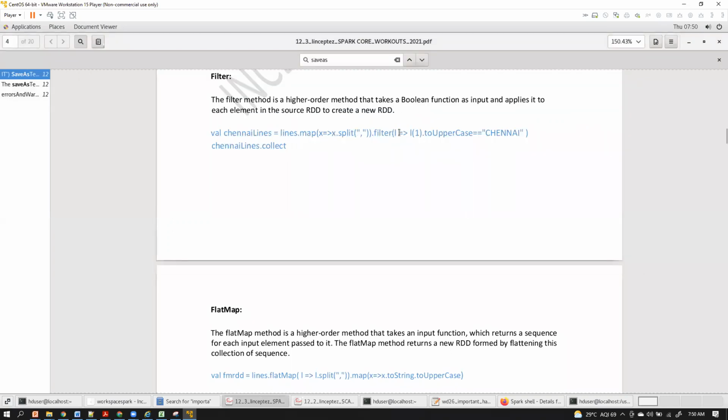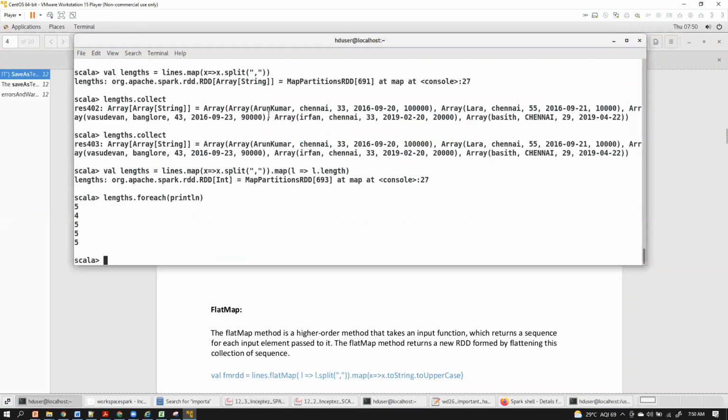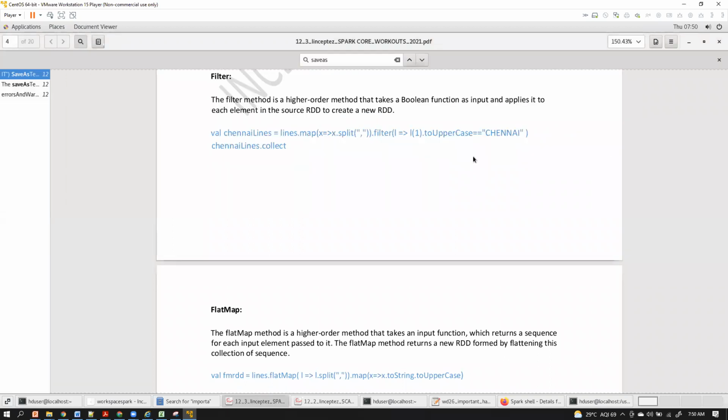So I am writing a lambda function here. I am telling an incrementer L, you go and take the second column. That is Chennai or whichever. Convert it to uppercase. Like this I am telling. Once you convert it into uppercase, check whether that uppercase converted data is equal to Chennai or not. If it is equal, then return to your